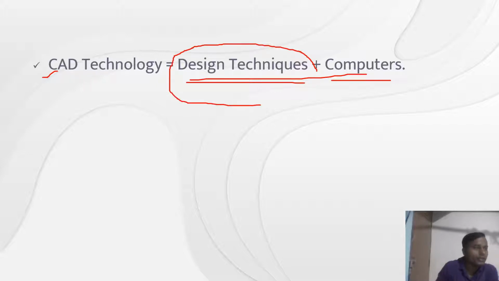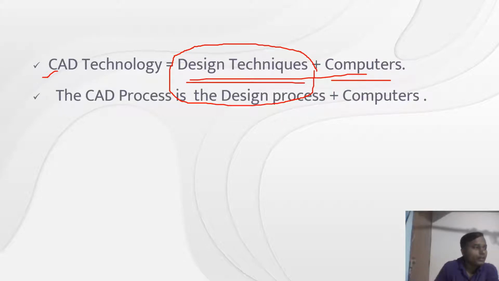Whatever design of any problem you are applying, we implement it in the computer. It is called design technique. Design means, as I told you, we are providing the solution for any problem, and whatever step you provide is called design.